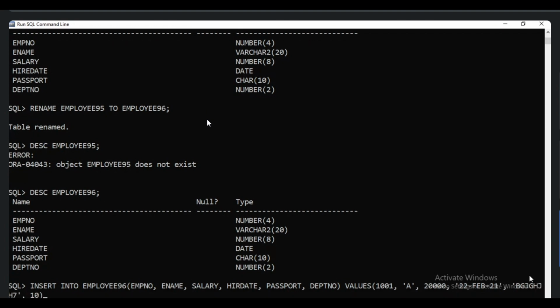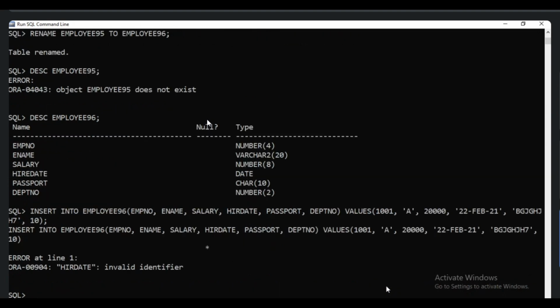Department number 10. Okay. So we have to keep the single quotes. If any string, we have to keep the single quotes. Other than a string, any number, no need to mention the single quotes. Other than numbers, any string or special characters, we have to mention the single quotes. So hire date, spelling mistake on that. So HIRE, it is better.